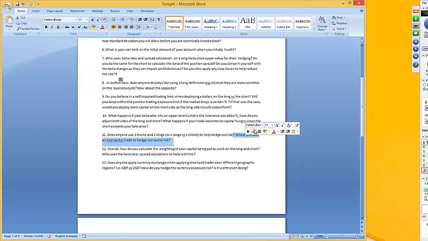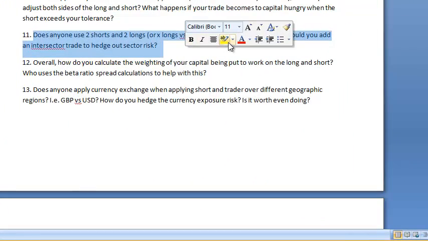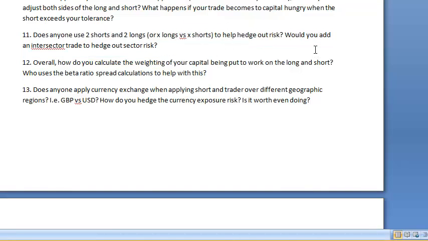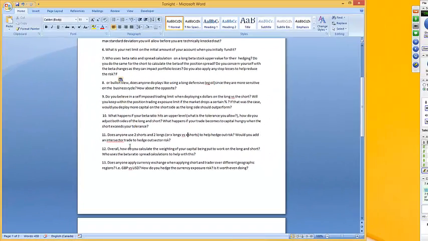Oh, I just meant the terminology, because I never heard of this intersector. Remember, we're talking about stocks here. Yes. Most quant funds actually trade huge baskets. They try to hedge out the market, sector, country, currency, pretty much everything. So they have huge baskets that they trade long and short, not only 2 stocks. No, I know. That's why I have here X longs and X shorts. But does anybody doing that right now have an experience they want to talk about?